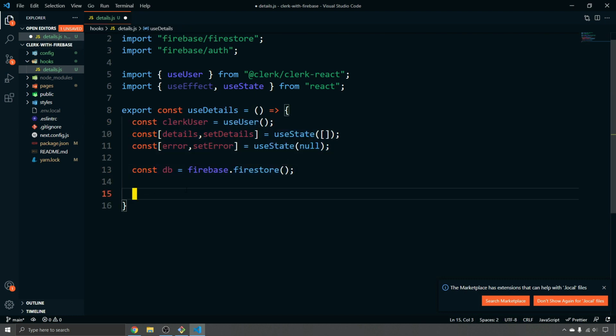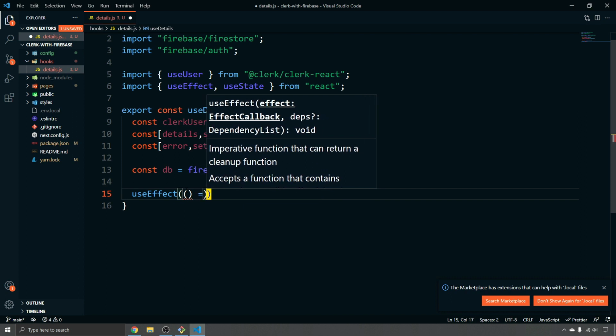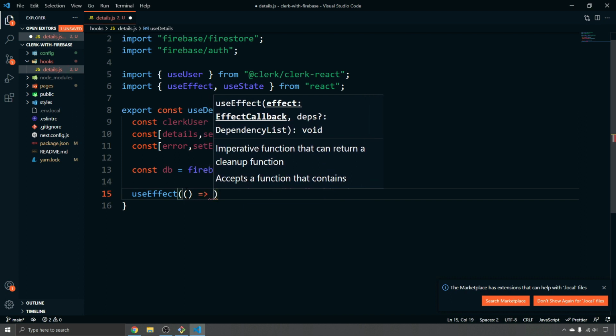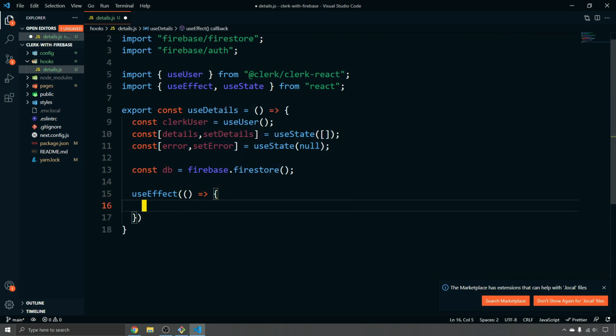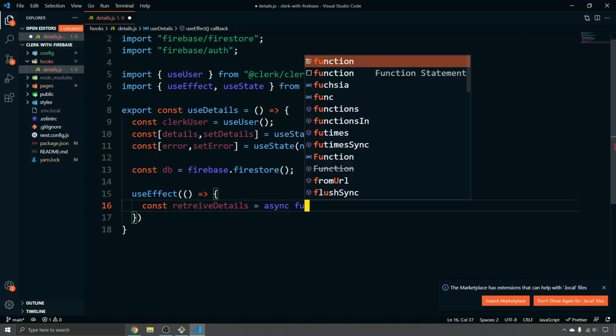So now we've done all of this. Now we actually need to use something to retrieve the details from the database using our Clerk token. So to do that, you will need to use effect here. And there's plenty of ways to do this. You could have done it with SSG or something like that. Or SSR, sorry, which I've done a previous video on as well. So in use effect, you can do const retrieve details, and we can do an async function here,